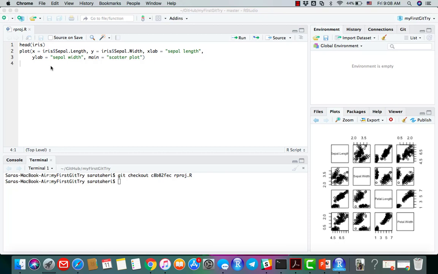Now at this point I want to talk about how you can work with collaborators on the project. Up to now you were the only person working on the project, so all you had to worry about was committing and only pushing everything to GitHub. If you have a collaborator, the collaborator will also change the project, commit them on his own local repository, and then push the changes to GitHub. So in order to get each other's updates of the project, you have to pull the changes from GitHub to your own